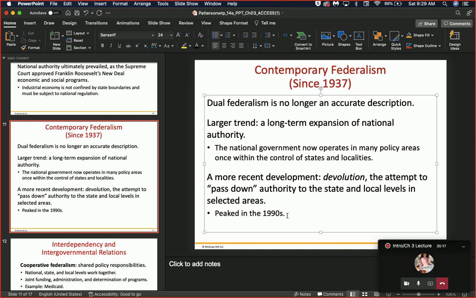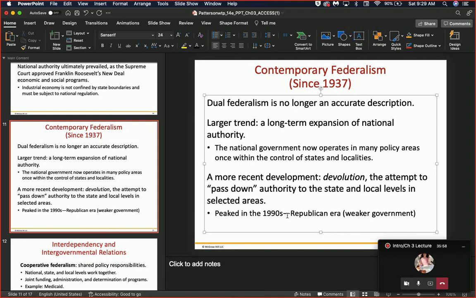If you remember in the 1990s, I don't know if some of you were born yet, this was known as the Republican era. So the Republicans had a lot of power within this time. What do Republicans really support as part of their platform? They like a weaker government. Okay? So because of that, the national level government really saw their power being slowly taken away, and it was handed back to the states themselves. Okay?